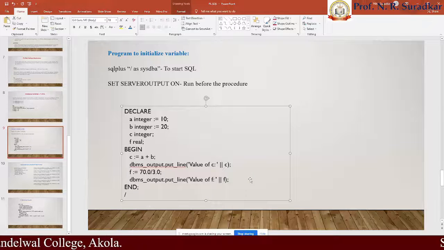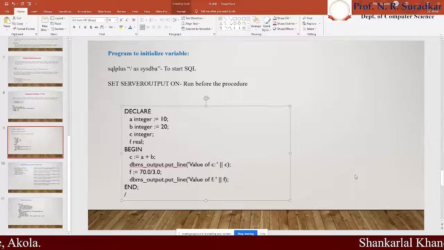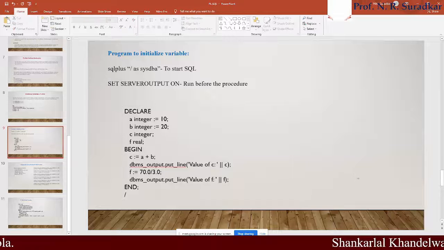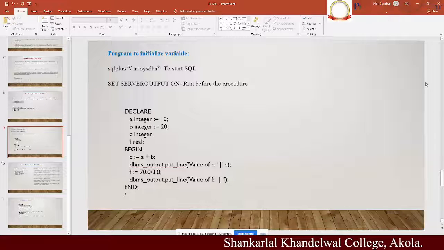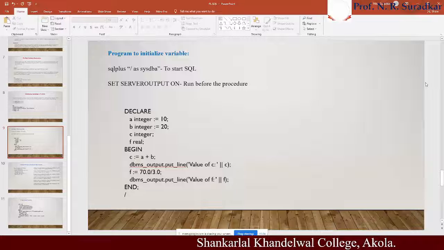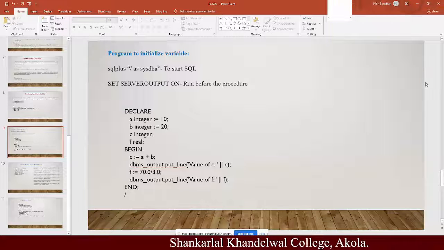The same operation is performed by this keyword in PL/SQL. This is a simple program which shows how to initialize a variable, how to perform a simple arithmetic operation, and how to print the value of that operation.